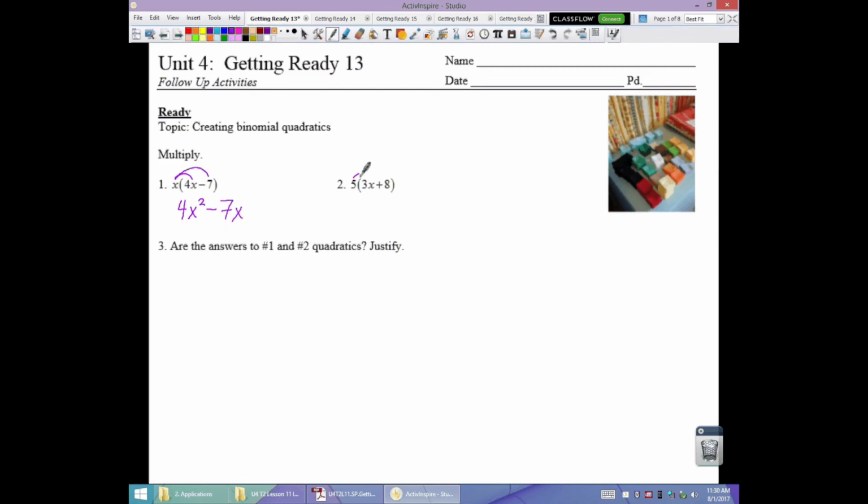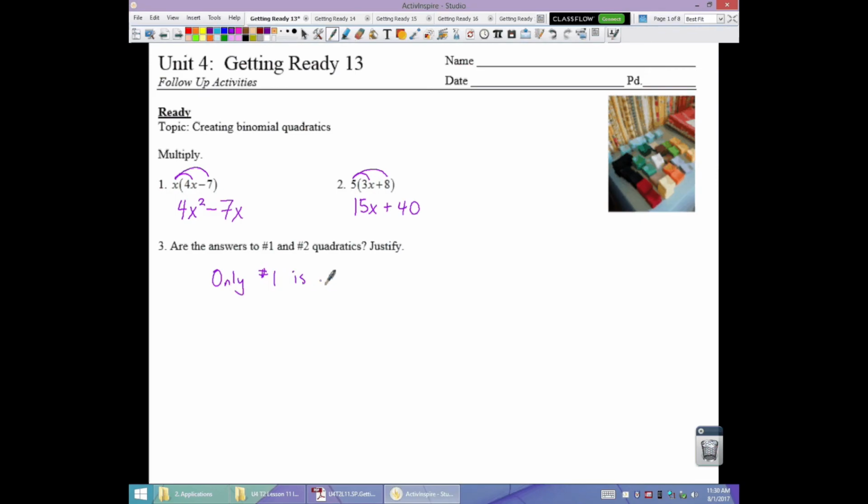Number two, we distribute the 5. 5 times 3x is 15x, and 5 times 8 is positive 40. Again, no like terms. It's simplified as much as possible. So are those answers quadratics? One of them is, okay? Only number one